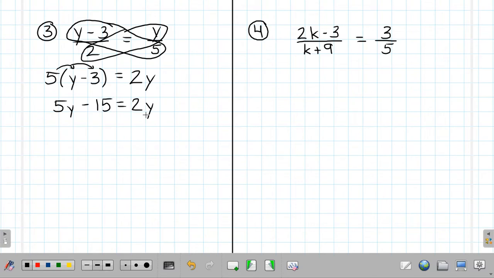Now we just have an equation with variables on both sides, and you can do this either way you like. So you can subtract the 5y from both sides, or you can subtract the 2y from both sides. I'm going to, and it may seem a little weird here for just a second, but I'm going to subtract the 2y from both sides, because when I do 5y minus 2y, I get 3y. We still have the minus 15, and that's equal to,